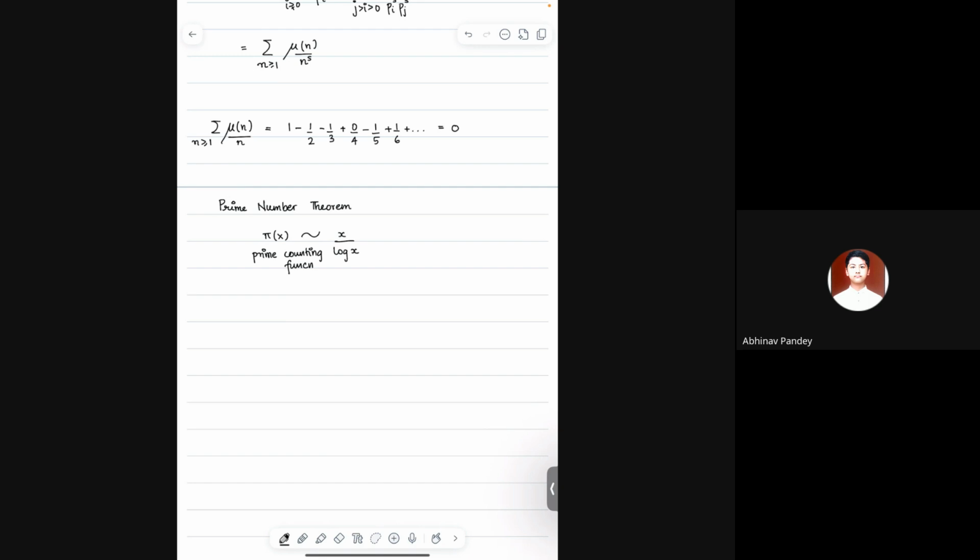Why this equivalence is true is, again, not something. That's a very good question. I'll tell you what that means in a second. This is not something that I can talk about in this talk. This does require a little bit more advanced analytic number theory.